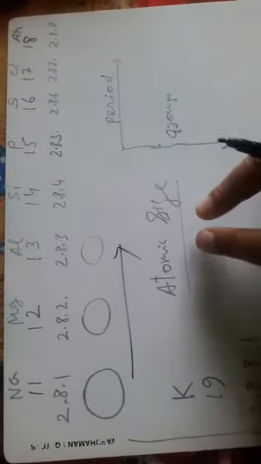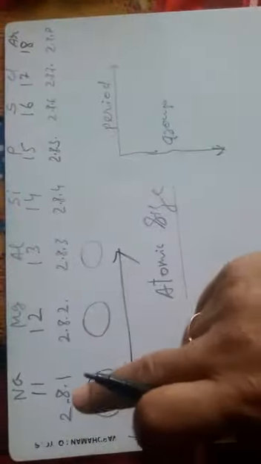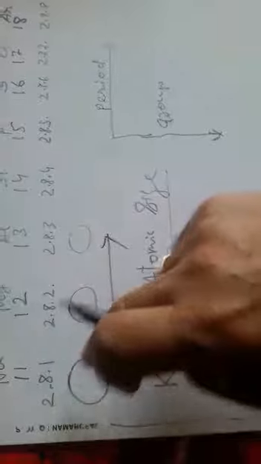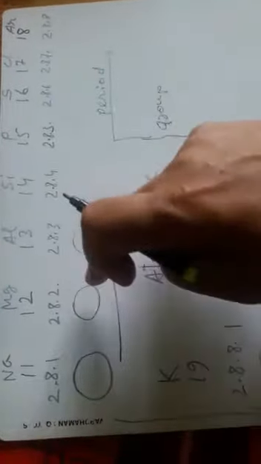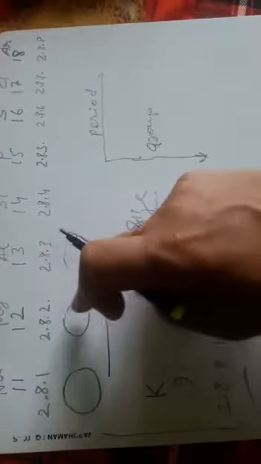Now we'll discuss how atomic size varies in a period and a group. Same examples we have taken here. Here sodium, magnesium, aluminum, all these elements will have the same number of orbits, three orbits here. But sodium can donate the electron more easily than magnesium due to the difference in